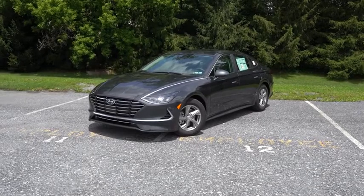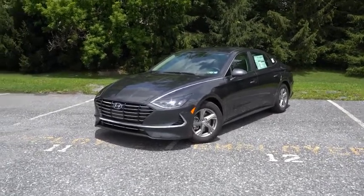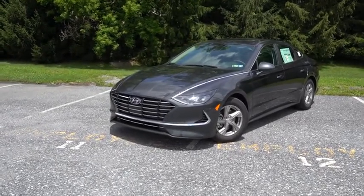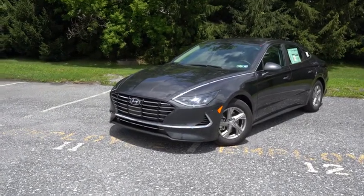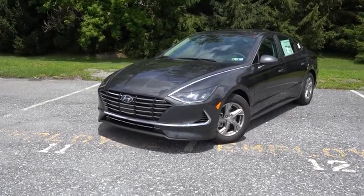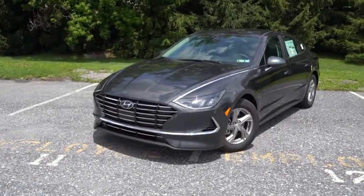Definitely a very nice color choice, actually. I don't mind that. It looks really good on this Sonata. But anyways, let's go ahead and start up front. And actually, let me start with one of the new changes for the 2022 model year. For the N-Line trim specifically, there are now Night Edition cosmetics available. That is one of the changes. Slight change. Don't, of course, have the N-Line, so I can't show it to you guys, but that is one